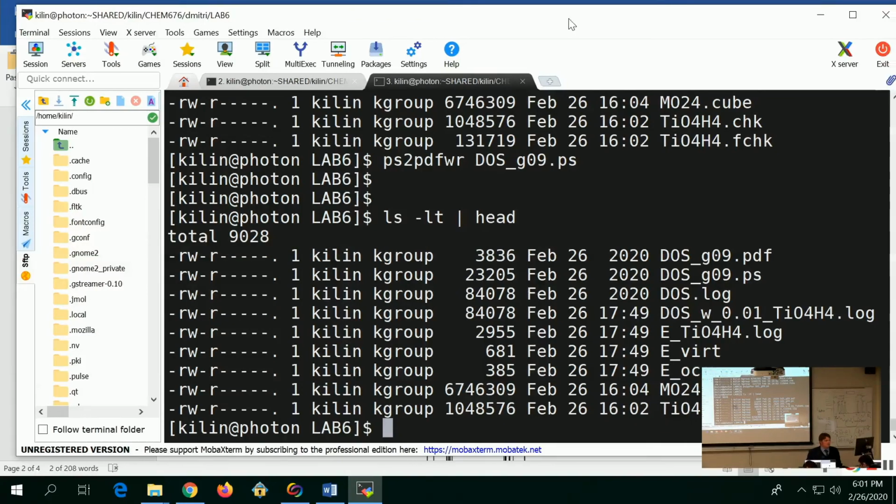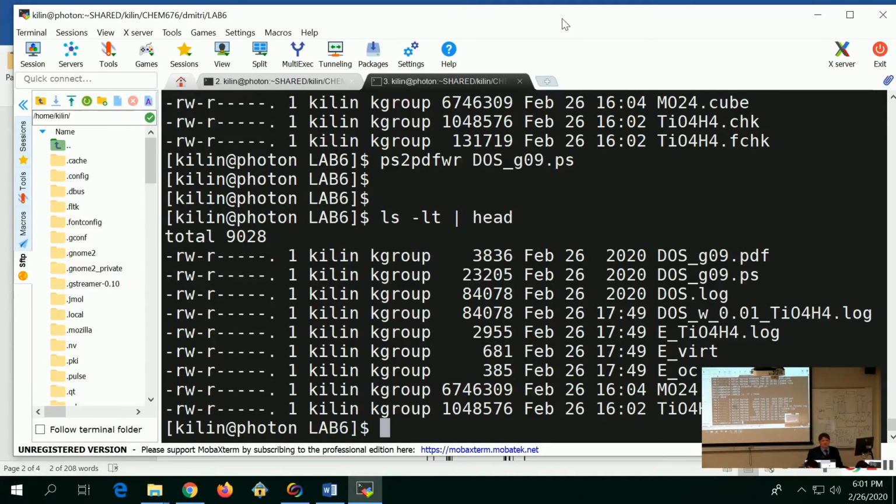Personally, I prefer typing a little secure copy SCP command, and this manual has it typed. But we can also do